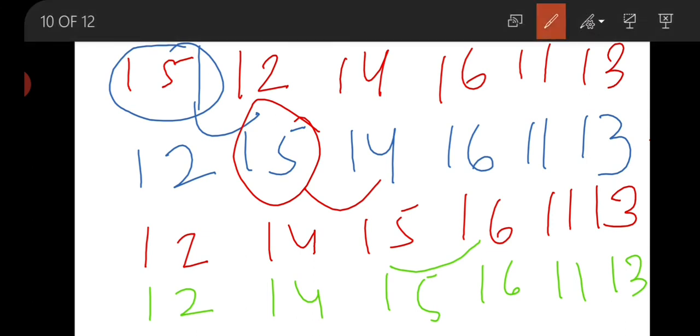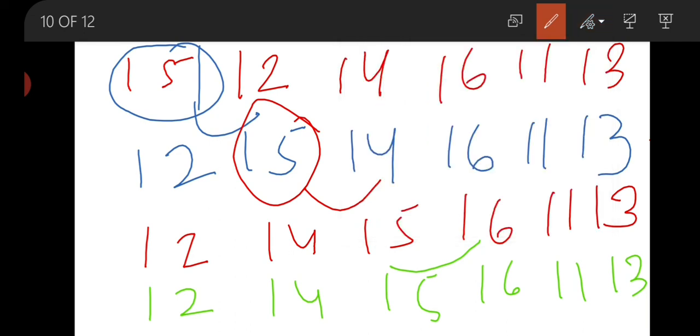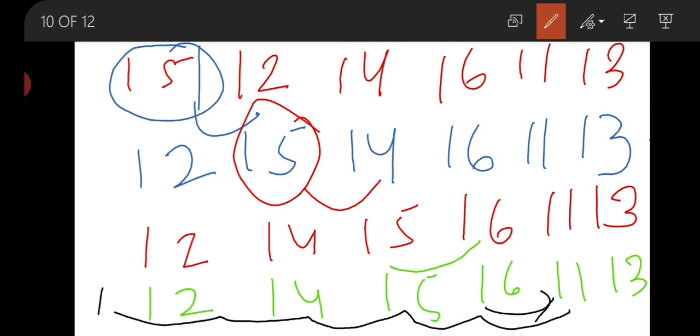So now in the next step, 11 and 16 are going to compare. Now 11 is going to compare with 16, 14 and 12. Now 11 takes the first position. This is the insertion sort. This is done in this manner because if 15 is compared with 14 and 12, 15 is already greater than 12 and 14. So here 15 will be replaced with 16. Now 11 will take the place of the last.